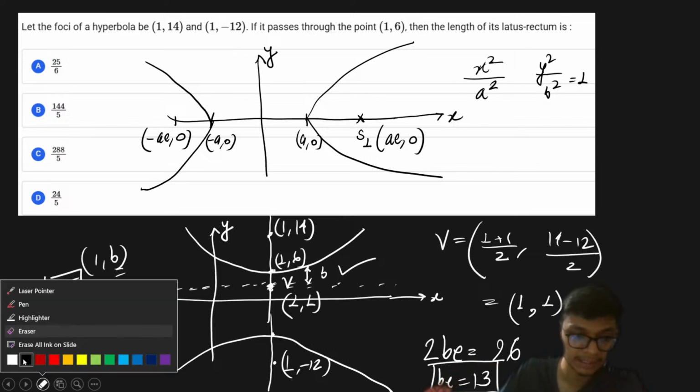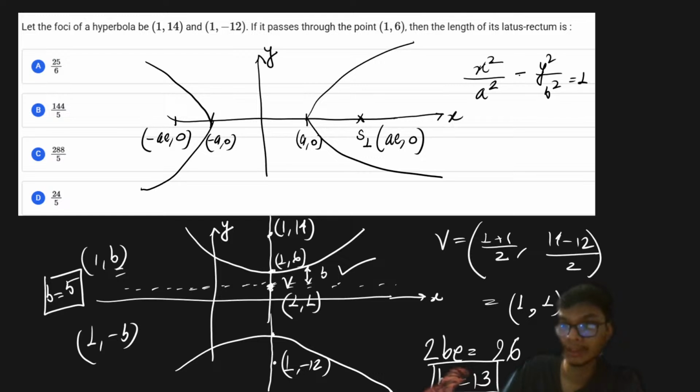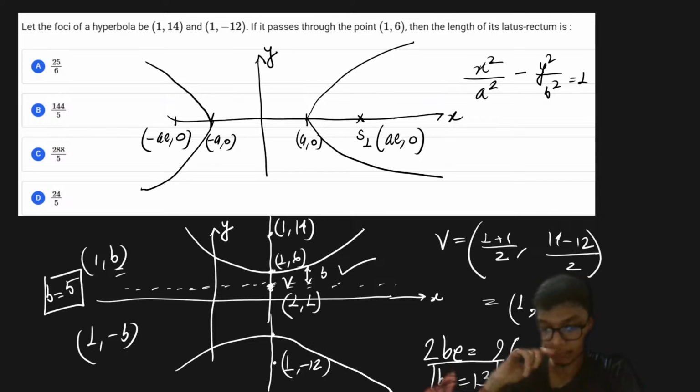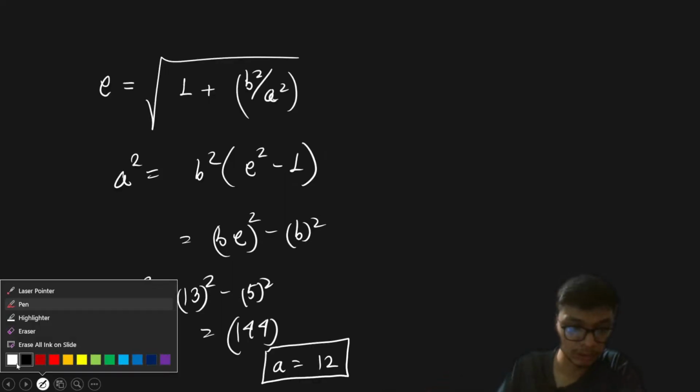Generally, you will mostly be encountering the case when x square by a square minus y square by b square is equal to 1. That is the general case you're going to see in most problems, right? With this part, we got the value of a. Now, once we have the value of a, I need to find the length of the latus rectum. So for this case, the length of the latus rectum